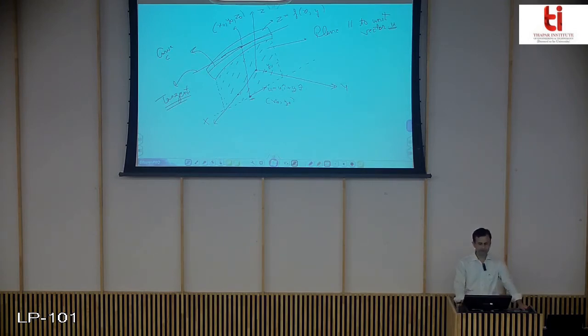So this is the basic geometrical interpretation of your directional derivative, that they give you the slope of the tangent to the curve, and that curve is obtained by the intersection of the surface with the plane that is parallel to unit vector and going through point x naught y naught and x naught y naught z naught. Now finally,